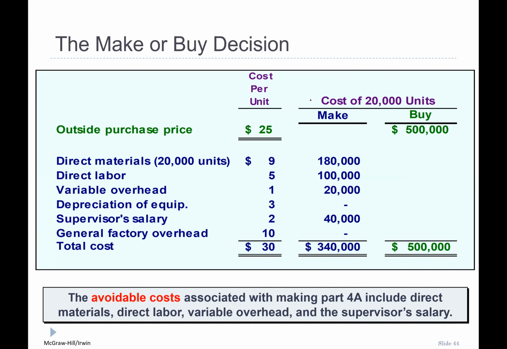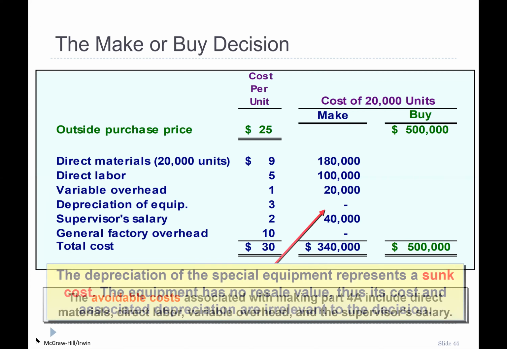If we make, we will be incurring 20,000 units multiplied by 9 with the direct material, and our direct material is going to be this much, our labor going to be this much. So we will not be paying the depreciation. Depreciation is sunk cost, so we avoid sunk cost. So rather than going into this value, just add this value, 9 plus 5 plus 1, this 3, we are not including that, plus general factory overhead, because the question says